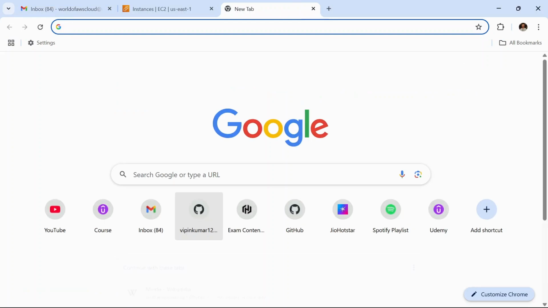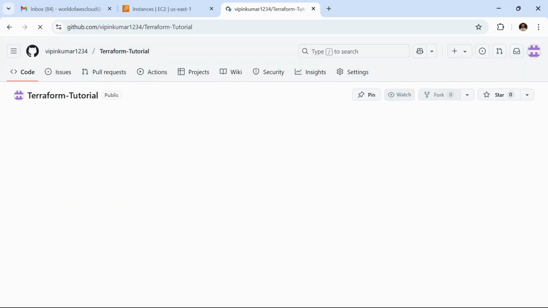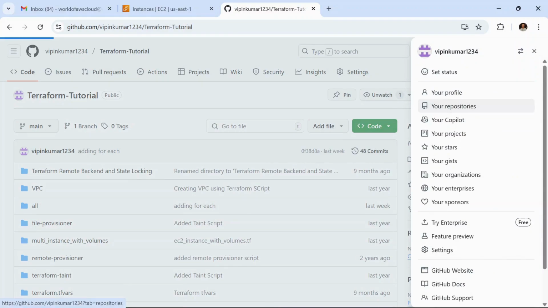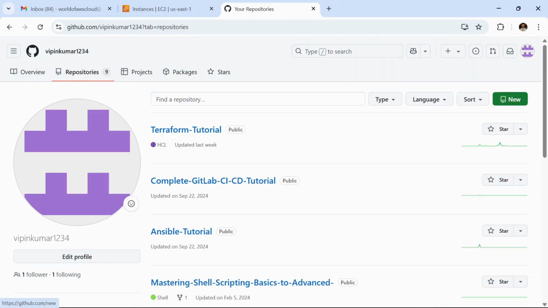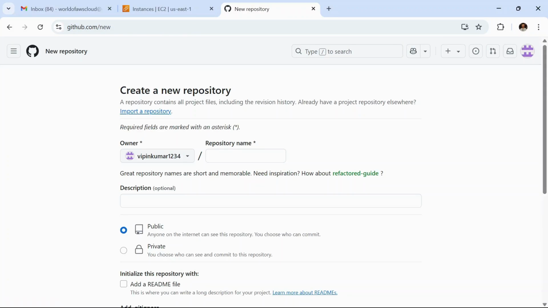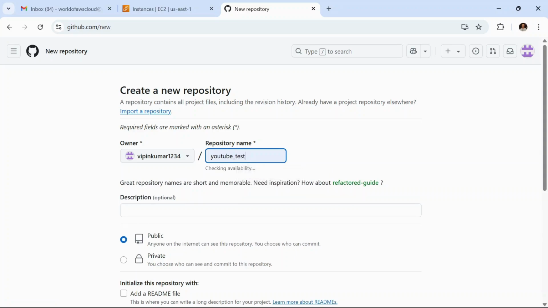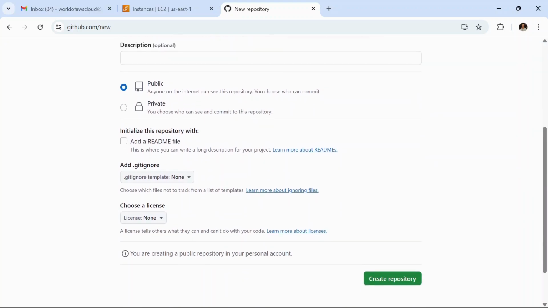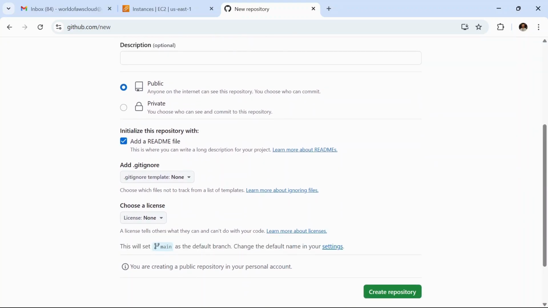So let me open my GitHub account and I will create another repository just to show you how we can manage it. I am going to give the name YouTube test and keep this repository public. I am going to add a readme file here, and the main branch is main, as you can see here.